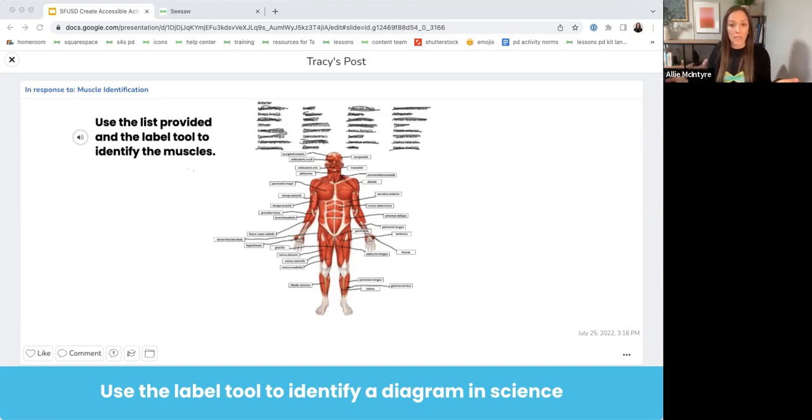Now, some options here: you could have the muscle names typed out. So you could use the label tool to type out those muscle names separately to make this even more accessible to all of your students. Then the students would just drag those labels where they go, and it'd be more like a word bank. Then you also could add audio to those muscle names. So back to whoever shared that, Seesaw is great for pronunciation. Some of these muscle names are really hard to say. So it would be very helpful to have your voice recorded on those muscles so that when students are adding them, they can hear how to pronounce it correctly and then practice saying it themselves. Just another way to add those extra scaffolds.